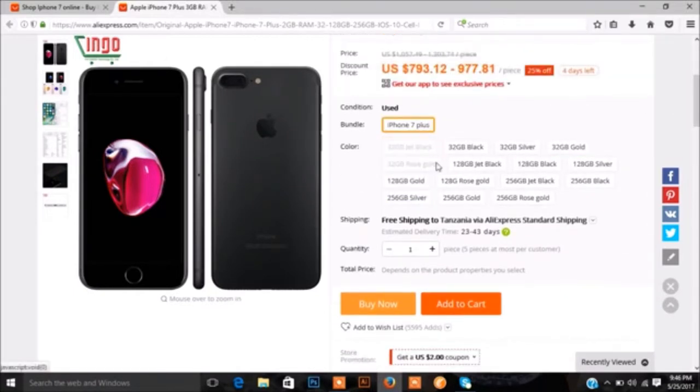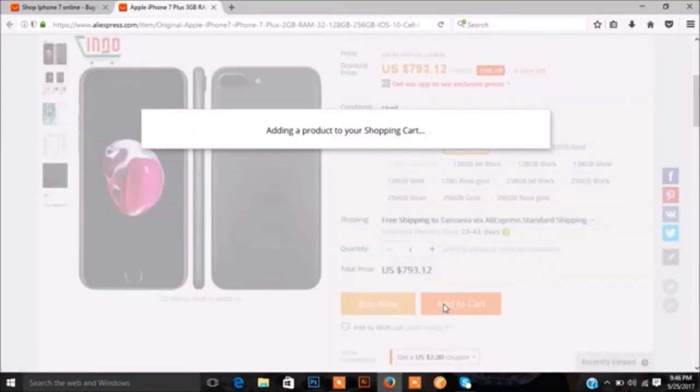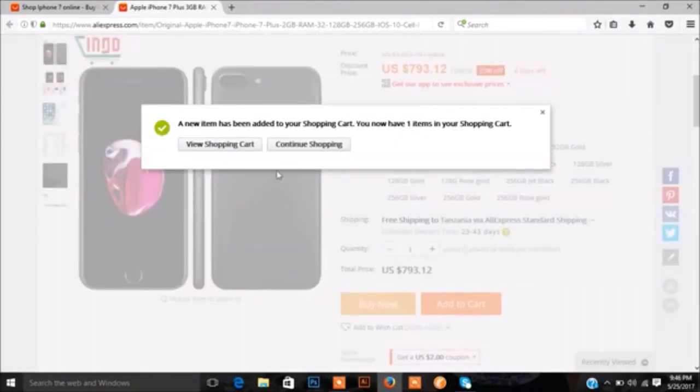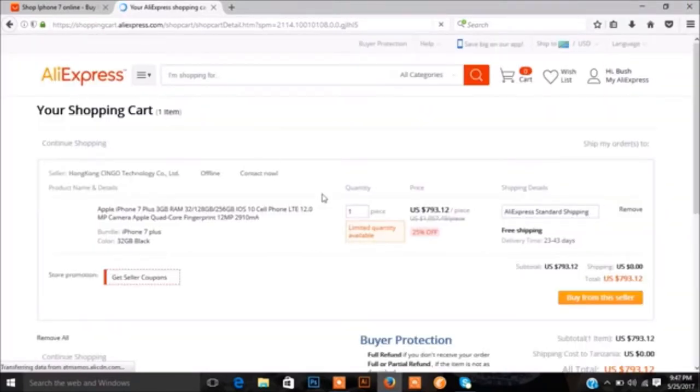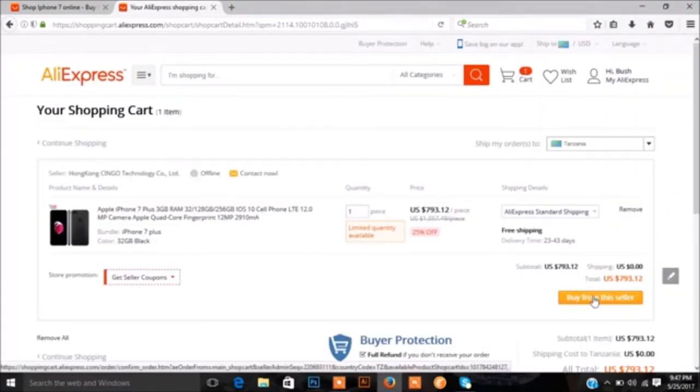Choose the iPhone 7 Plus 32 GB black. Alright, add to your cart, adding product to your cart, view shopping cart. Just go to your shopping cart, and then you just need to buy from the seller.